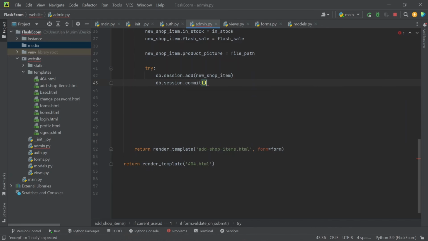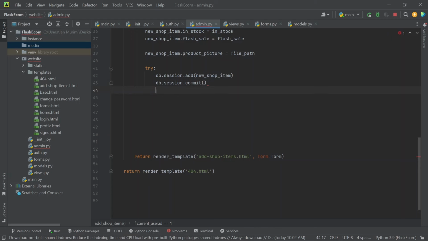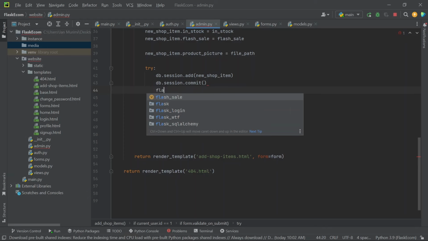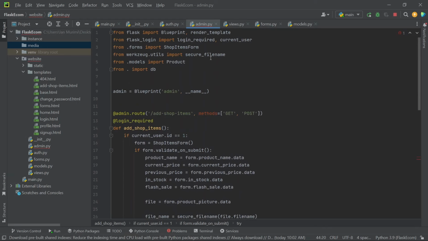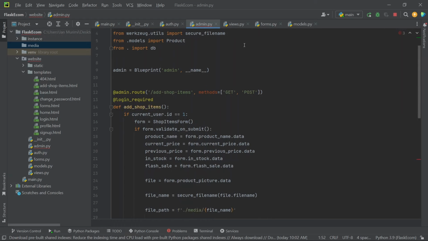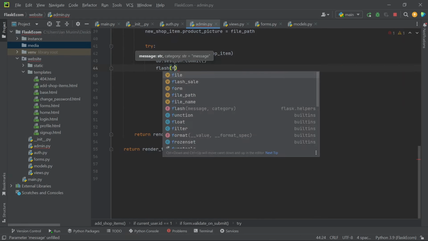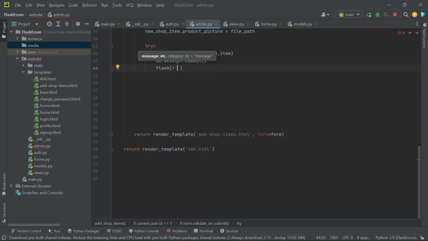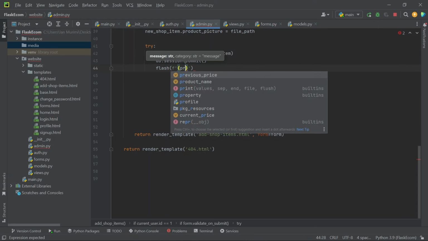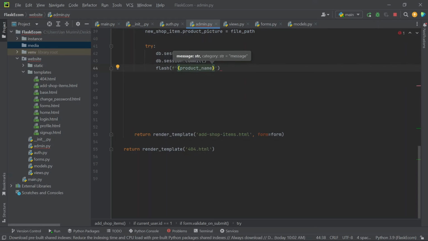db.session.commit, and we are going to tell the admin that the product has been added successfully. So we'll flash, need to import flash at the top. So flash, it's going to be an f string, then product name, added